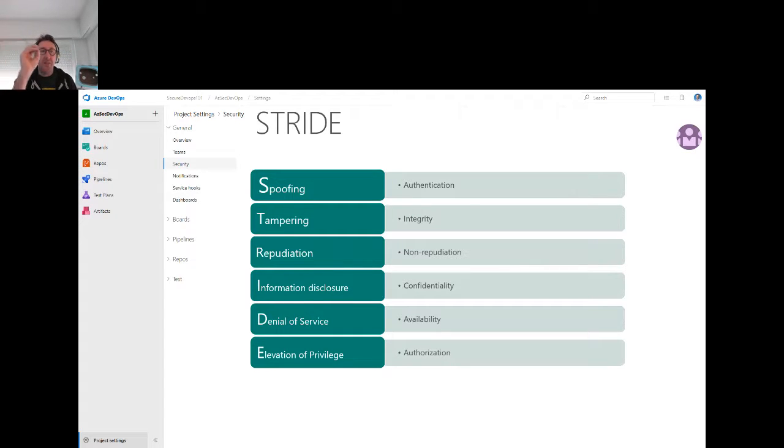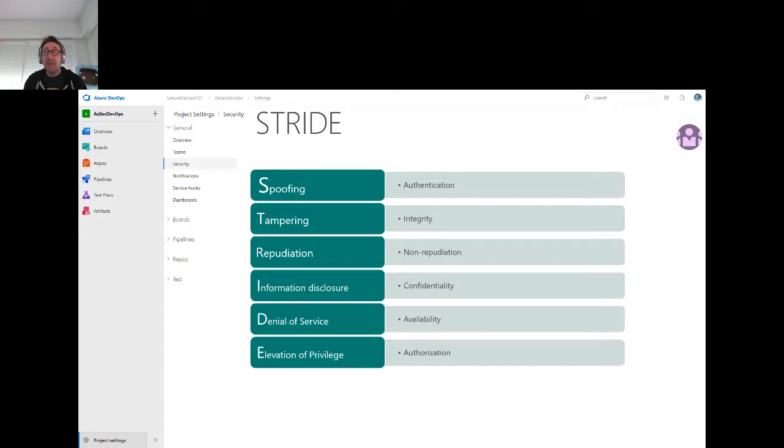But Microsoft has created some great free tools that you can use to avoid some of the pitfalls that you may encounter. And one of the things that they invented, actually at the end of the 90s, was an acronym called STRIDE. There's actually two, STRIDE and DREAD. DREAD I'm going to talk to you about in a second. But STRIDE is an acronym which stands for spoofing, tampering, repudiation, information disclosure, denial of service, and elevation of privilege,